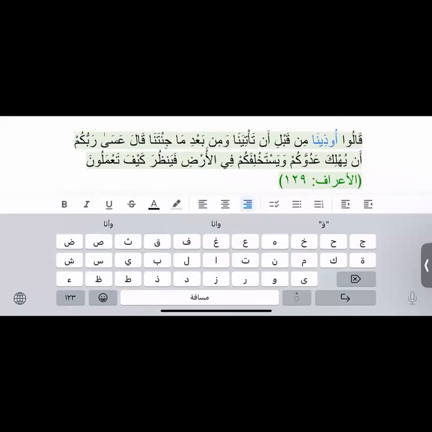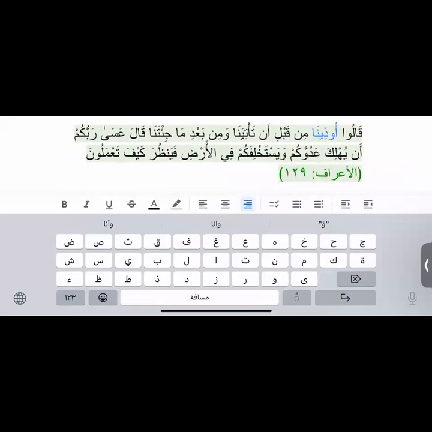So qalu, what is this? Qalu, again, fil madin, failuhu, wabil jama'a, uzina, uzina. What do you think is this word? It's majhul. Good job. It is madin majhul. And who is the naibul file? Now there is no file. There is a naibul file. Who is the naibul file? Is it huwa or nahnu? Nahnu, right? Uzina, nahnu is the naibul file.